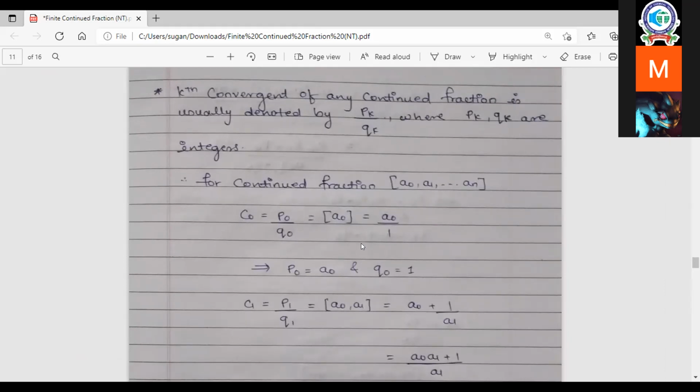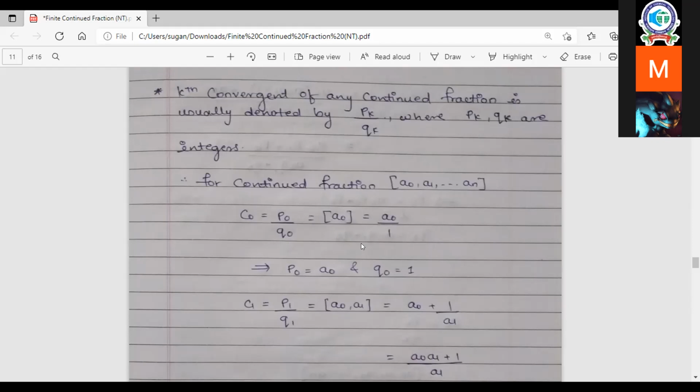But what you are doing is giving an algorithm, so no need to do all those things. Ck equal to Pk by Qk, right? In order to compute Ck, I want to compute Pk and Qk. How do I compute Pk? First I compute P0, but P0 is A0 and that is taken, and Q0 is equal to 1. That is also fixed.